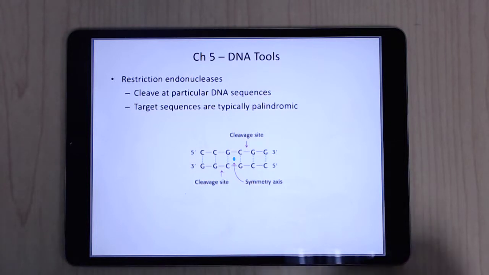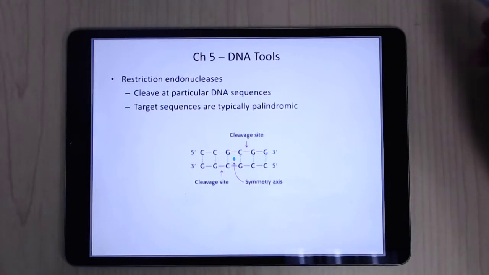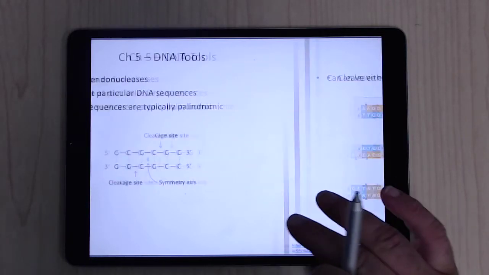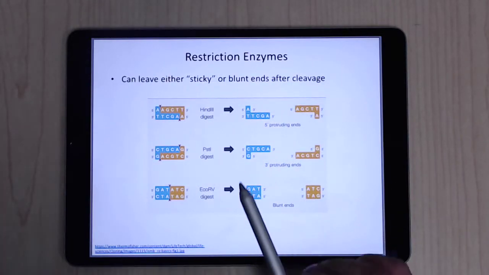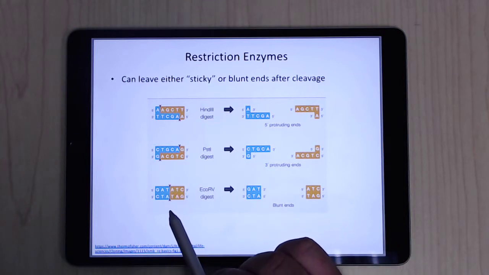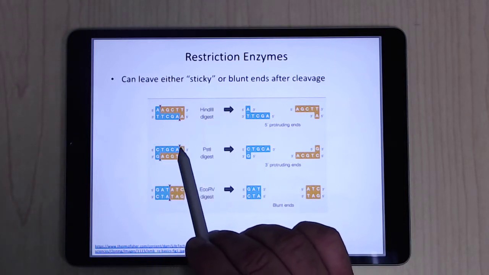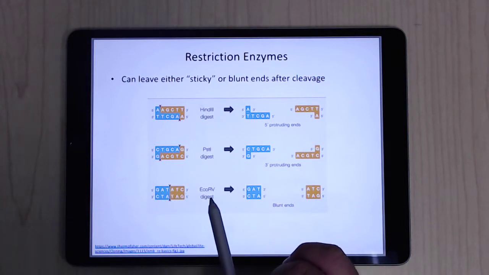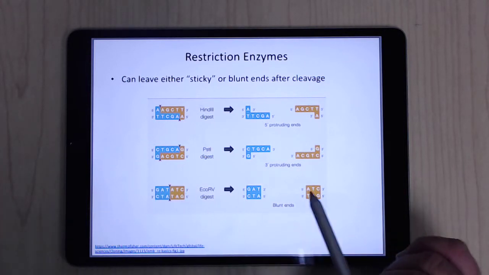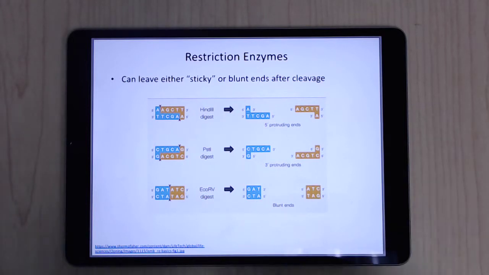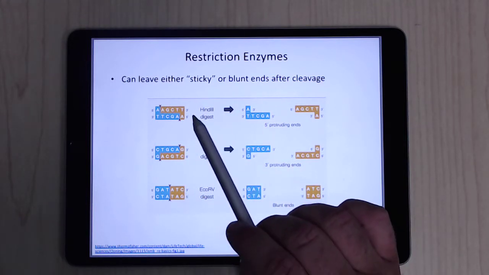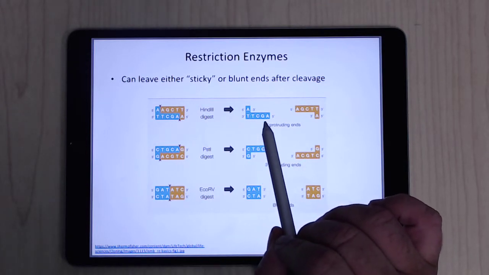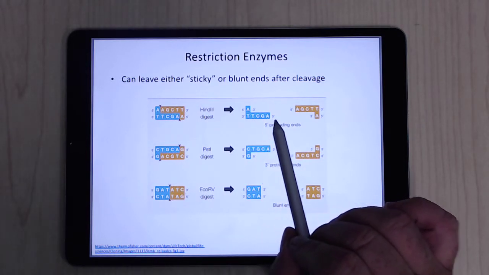So they can target a lot of different sequences. After they cut, they don't necessarily have to just chop like this. They can actually leave what are called sticky ends. There certainly are a bunch of them. EcoRV is the classic one that leaves what's called a blunt end, where the DNA just stops. If you have a sticky end, you've got a short stretch of single-stranded DNA that's left over,